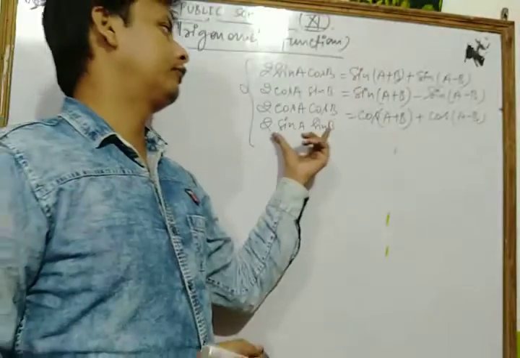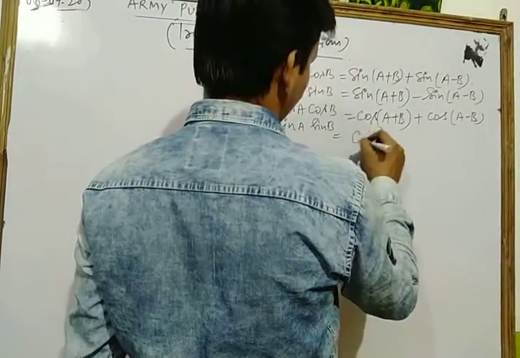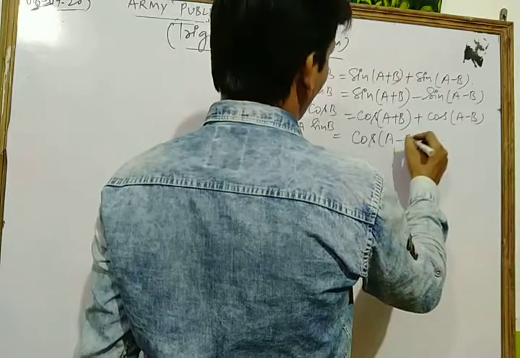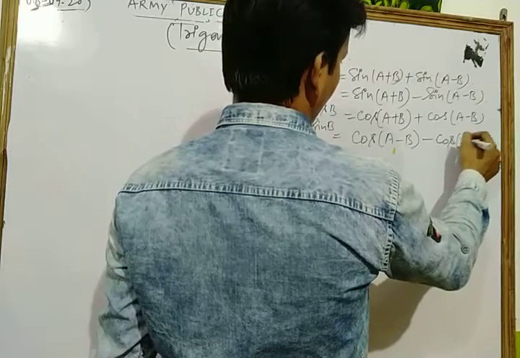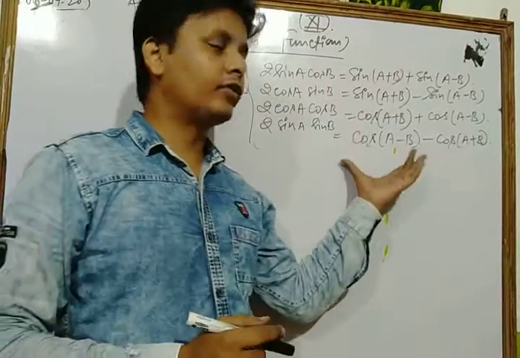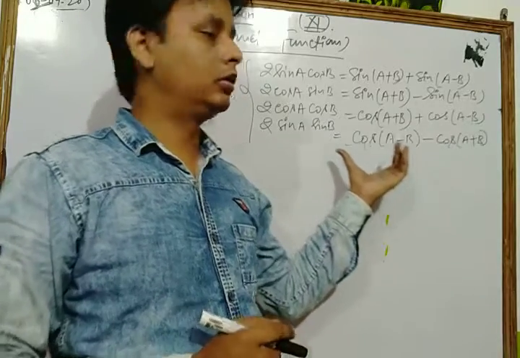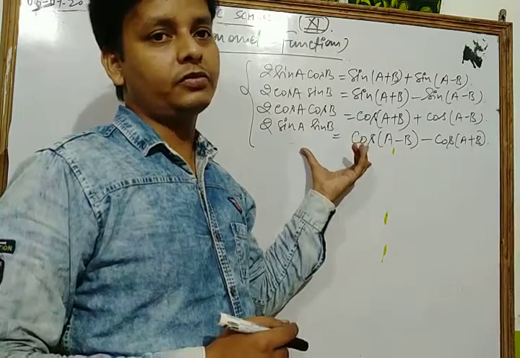And 2 sin A sin B is cos(A minus B) minus cos(A plus B). This is a very important formula for your syllabus, and please learn all these formulas